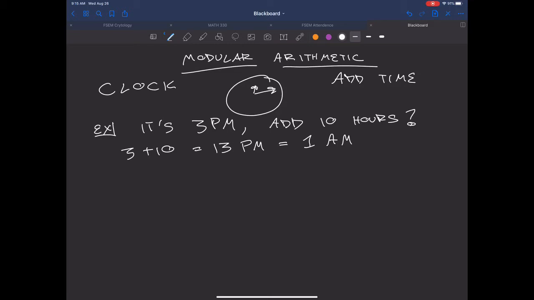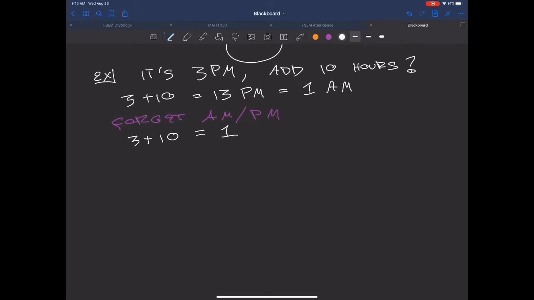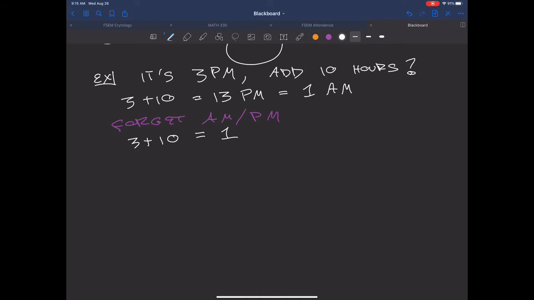Okay, so first things first, forget the AM, PM stuff. That's not important to what we're doing. All right, but what is important is the fact that when we're looking at a clock, 3 plus 10 is actually equal to 1. And this is a prime example of something called modular arithmetic, where the numbers wrap around once you get to 12. Okay, so first things first, some differences between a clock and the modular arithmetic that we are going to be using. First,